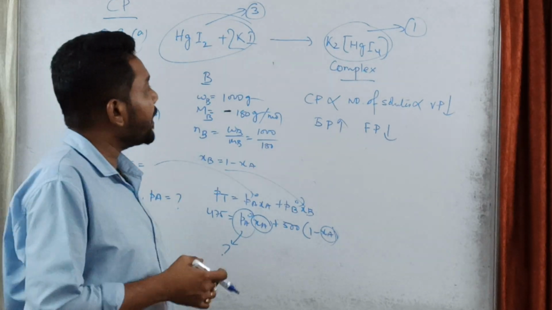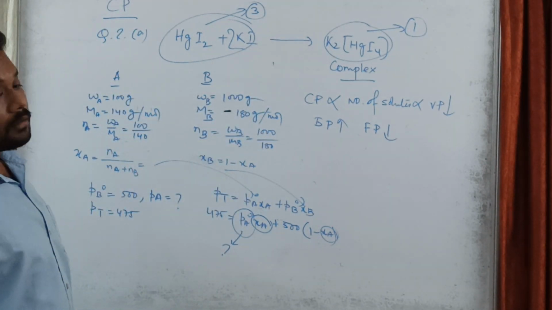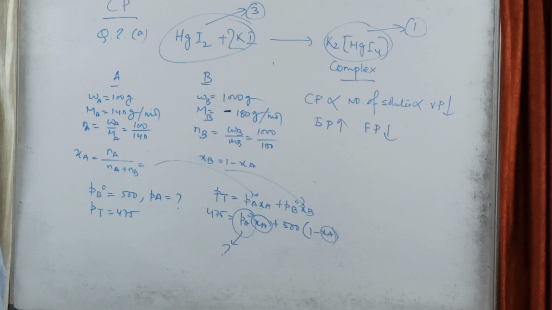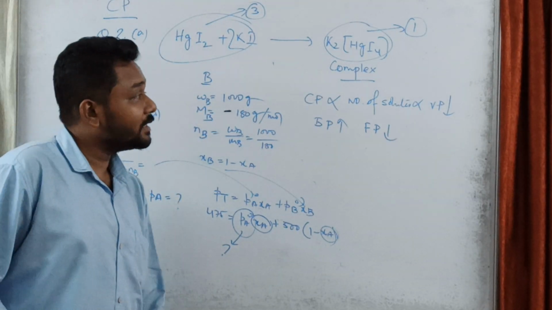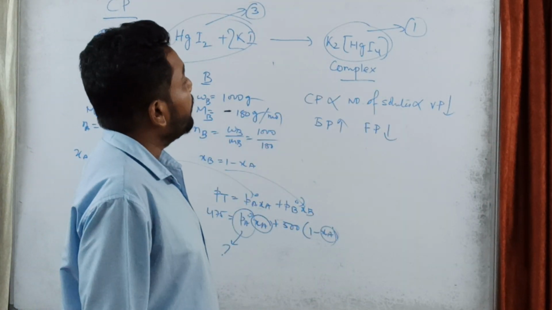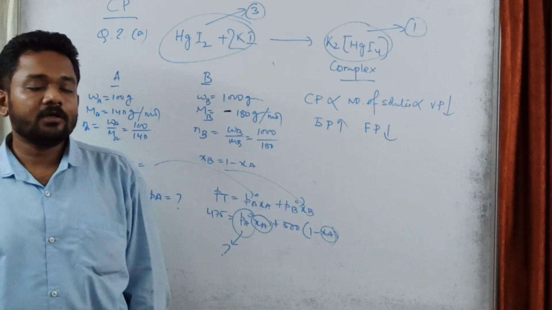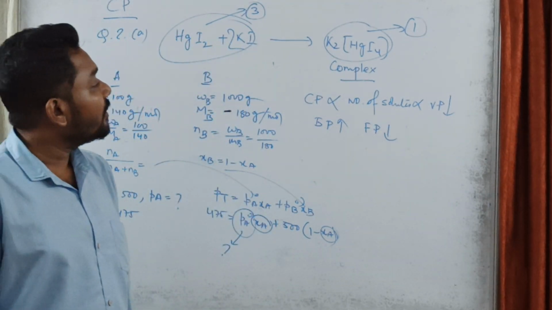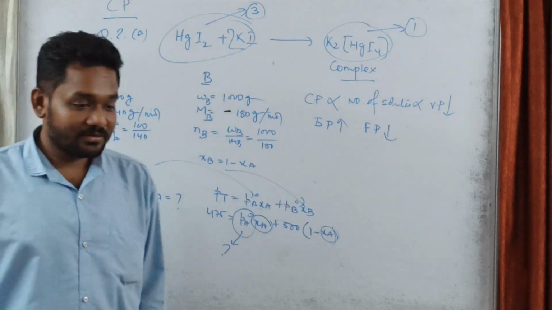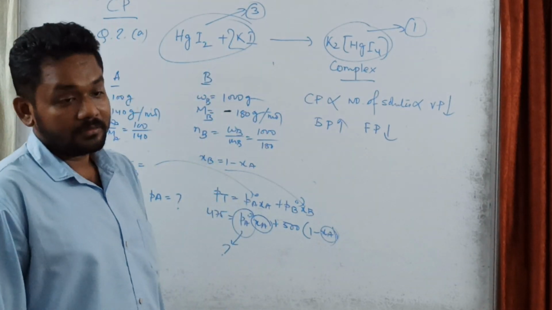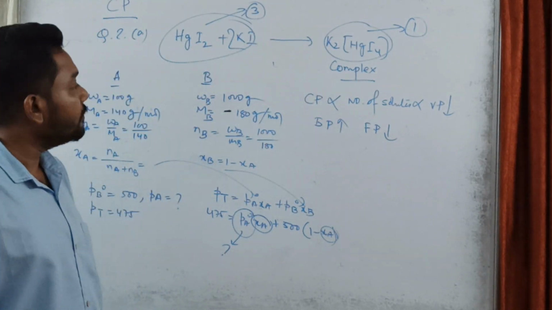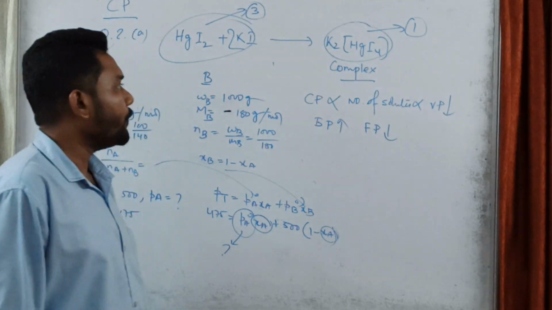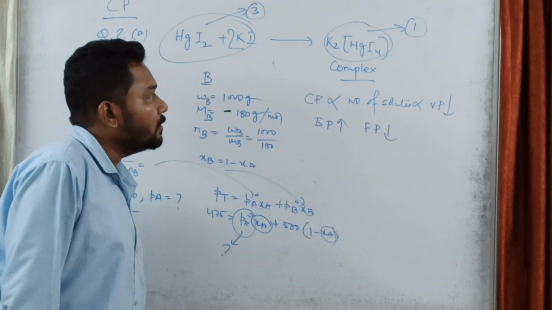So write down the reaction and then write. This complex is used in one of the very famous identifications of a particular basic radical. It is also called the Nessler reaction, and it is used to identify the ammonium ion. So from there, the question is asked. After writing this reaction, write down: